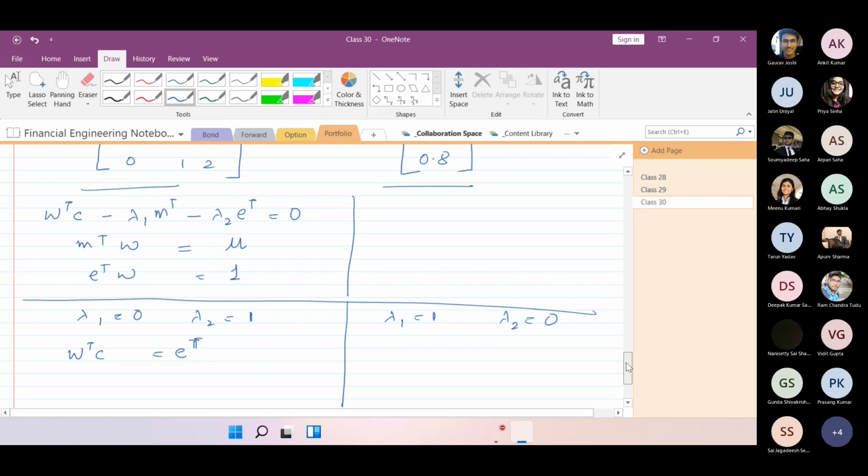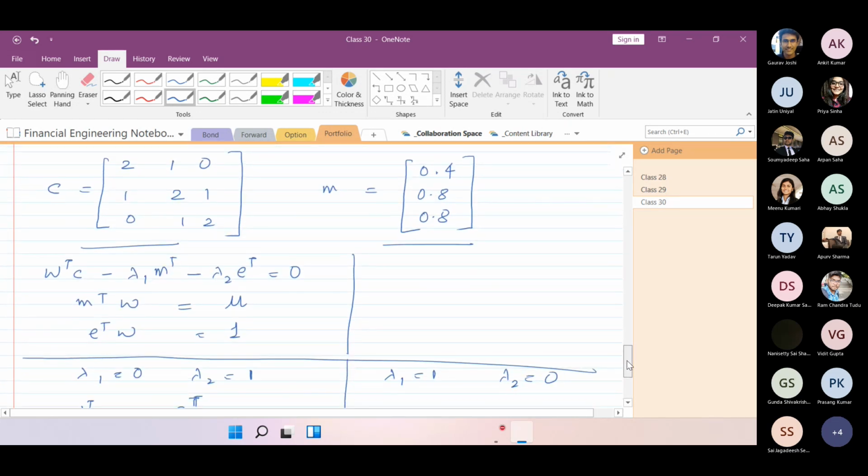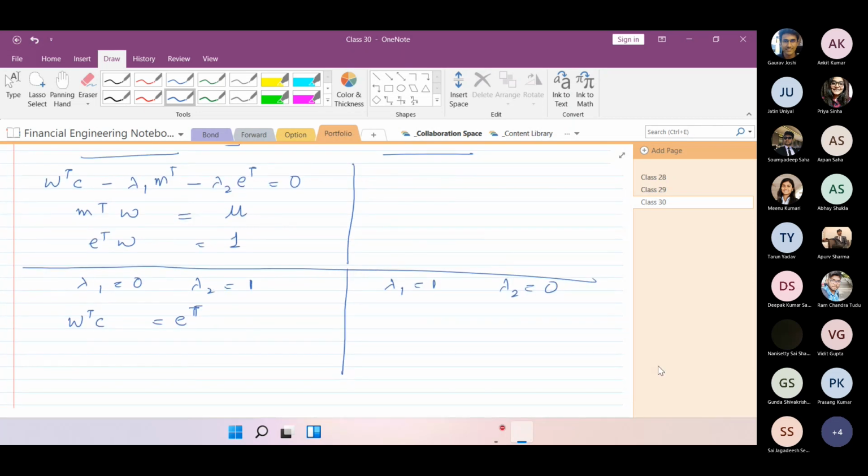So if I take W1, W2, W3 here and then multiply with the C, what will be the expression? I'm just not looking at the mu and I'm not looking at the third one, correct? Because I have not put any mu at present. I'm just trying to solve the first equation. Can you tell me what would be the three equations to get the value of W1, W2 and W3? Because E transpose means that all the entries are 1.